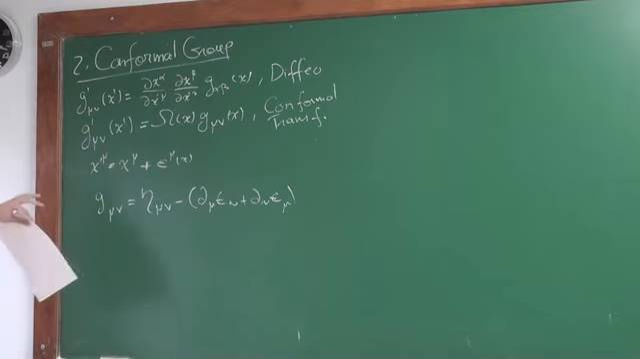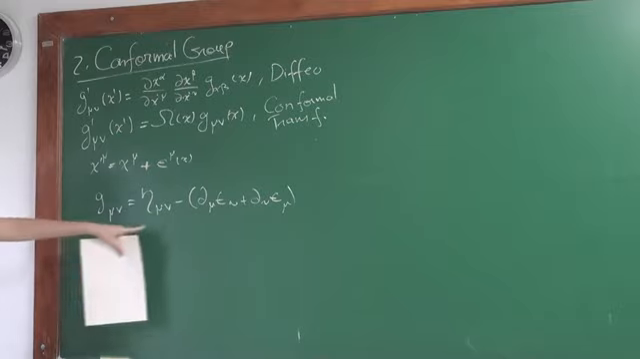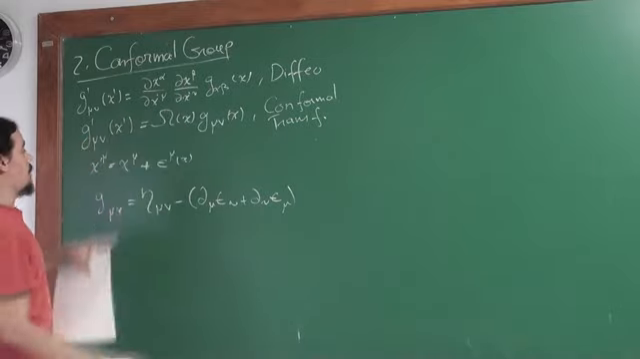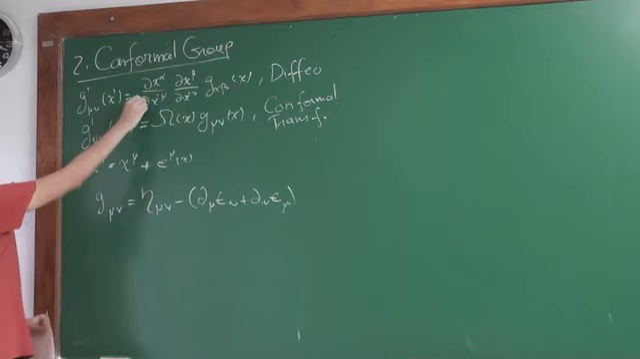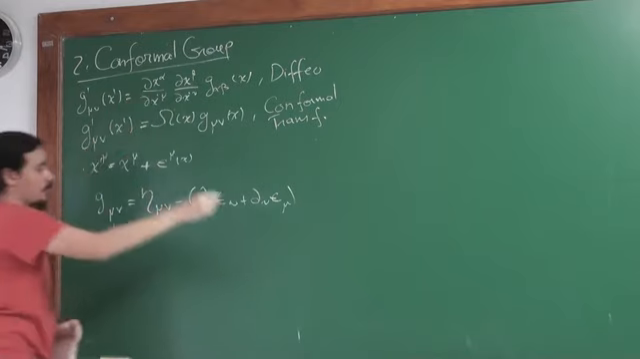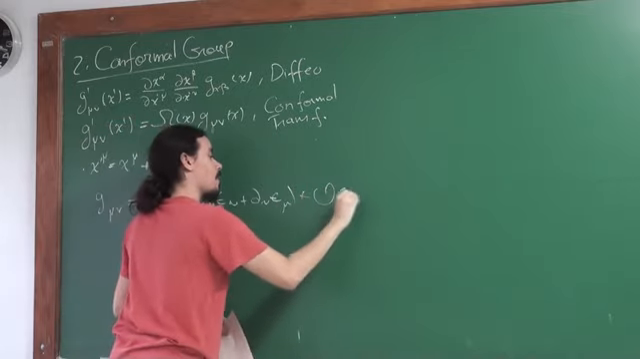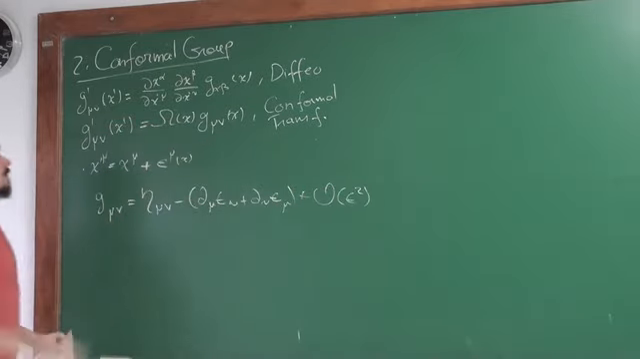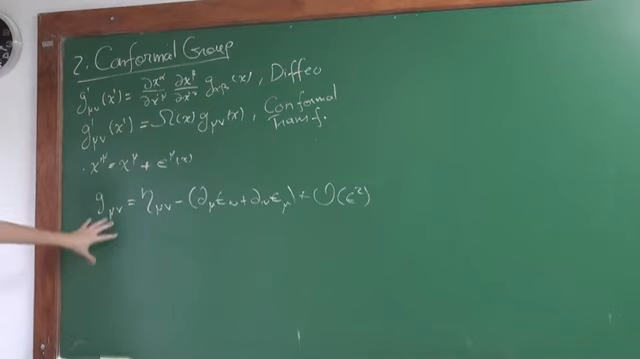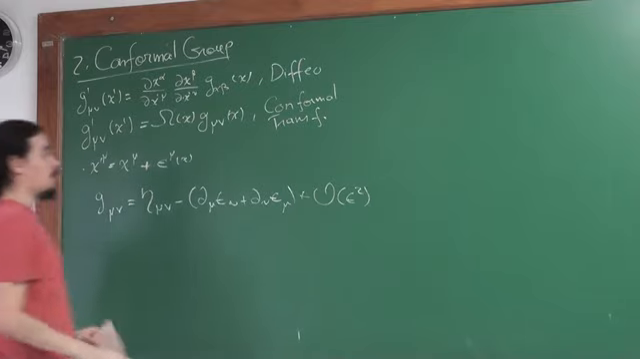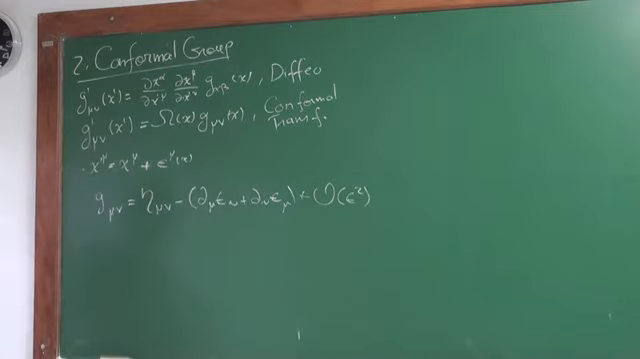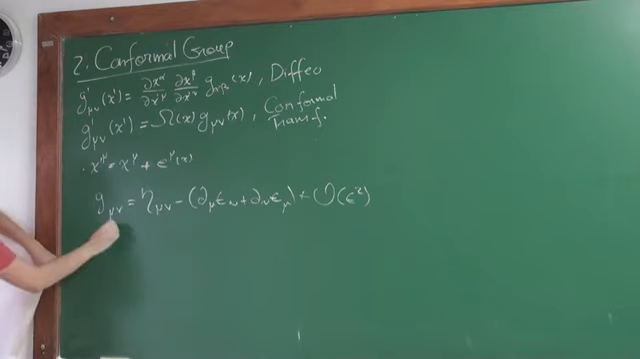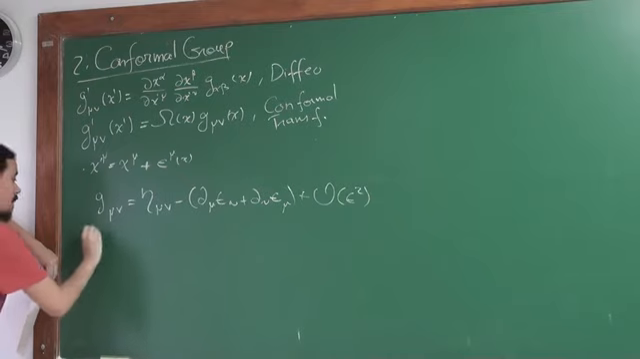This would be the infinitesimal version of this expression here. If you just take this, plug it in here, and work it out to first order in the infinitesimal parameter, then you'll end up with this expression. It's the infinitesimal transformation of the metric. It's the Killing equation. Now I will impose that this transformation be an infinitesimal conformal transformation. So on this side, I will just write